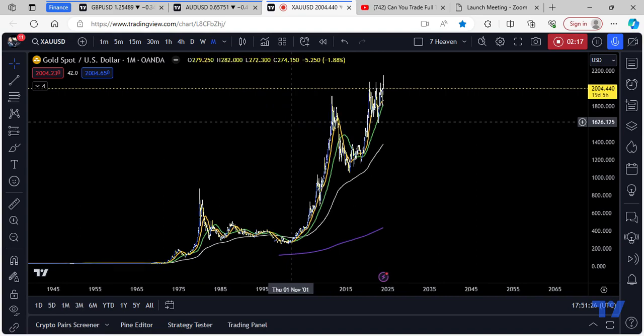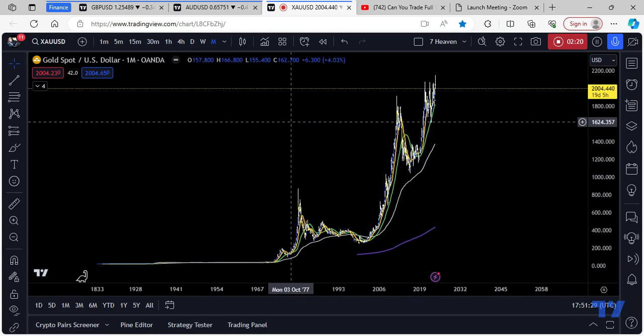All right. So first off, I'm on the monthly chart. Always start on the monthly chart, and then I work my way down from the monthly to the weekly to the daily to the 4 hour to the hour. I don't go on any time frames lower than an hour unless for basically entry purposes. I use my MAs on the lower time frames to help me see if I should be really getting into this trade or not.